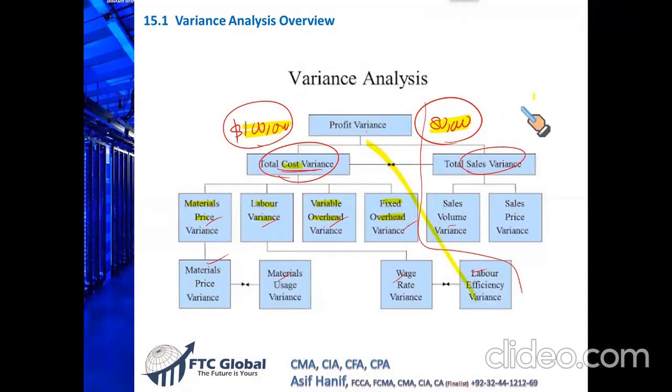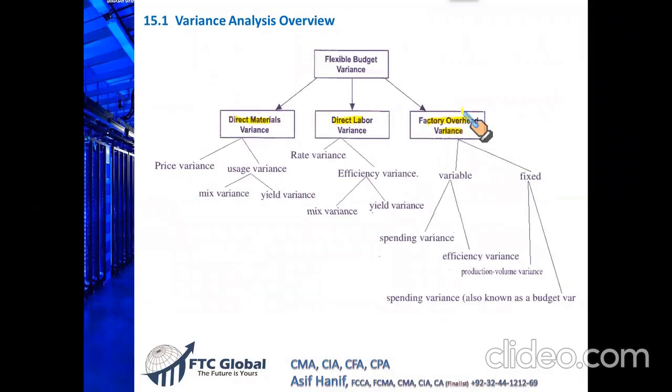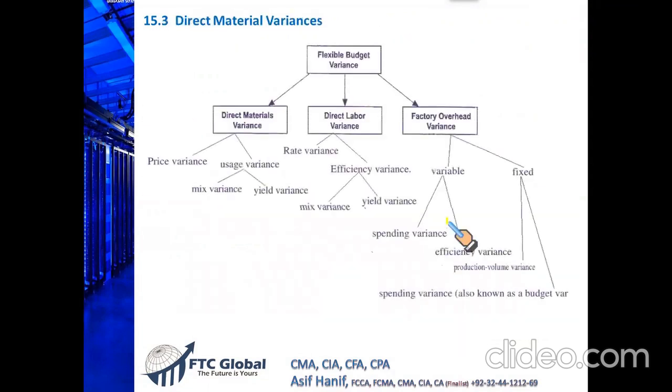And in our next lecture, we will discuss the variances that might be because of the sales side. So this is the complete cost side structure you will see. Material variance into price and usage and all this. So this is our next area in 15.3. And now we are going to do these variances one by one. Let us first, bit by bit, see how we calculate the direct material variance. Direct material variance means what was the standard of material we should have used, and what was the actual material used and the actual rate.